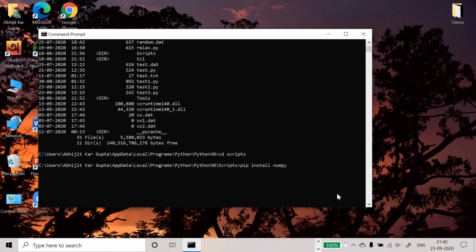It will write something, and it will automatically, without any problem, install NumPy on your basic Python. Okay. If you want to install SciPy and then Matplotlib, etc., you could write the same way: pip install scipy or pip install matplotlib, etc.